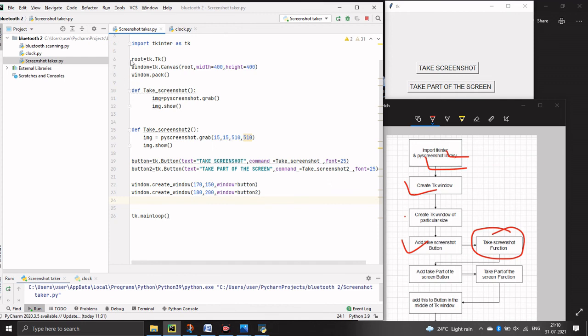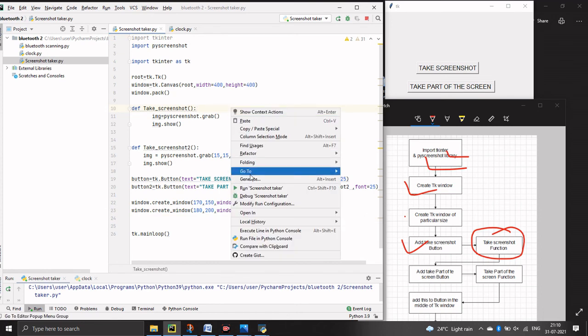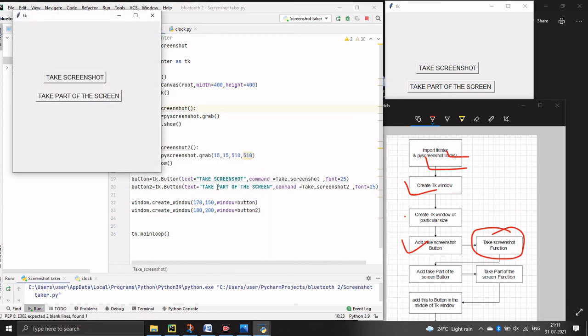After finishing all the code, let's run the final code. So you can see that this take part of the screen button is also created. Let's use these two functions.